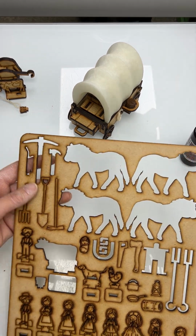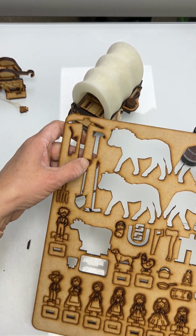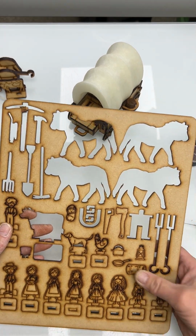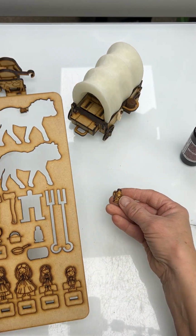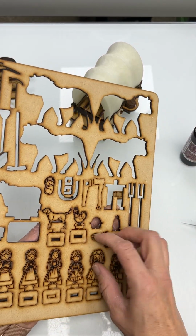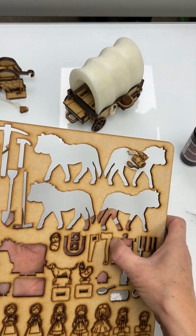Okay. Then we've got gardening tools. If you push out on this where the tab is, then it works the best. So you don't break it. Got your little pitchfork. This one here is a bedroll, a lantern, cooking pot. Got your frying pan. There's a cast iron pan here, of course, so you can cook over the fire with it. Got a hatchet,